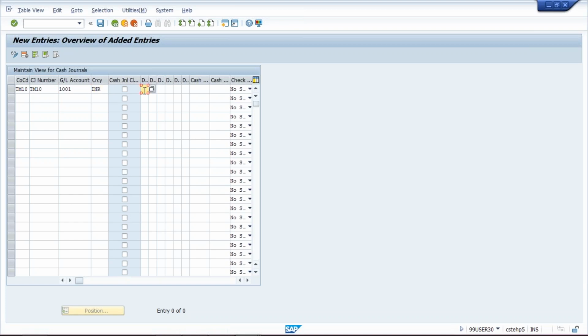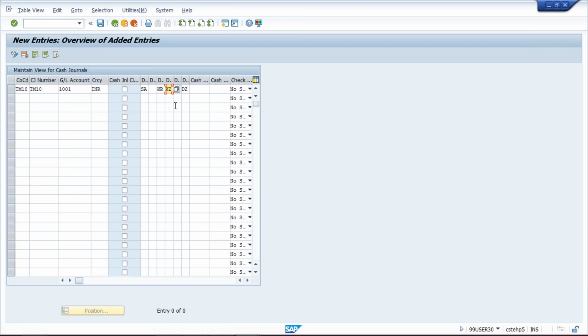And then here a few document types we are going to give. DZ document types are related to vendor invoices, vendor payment.